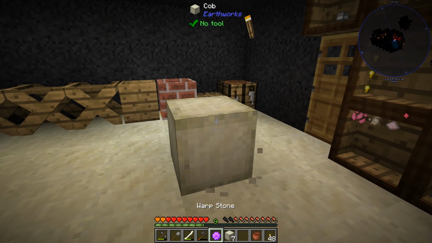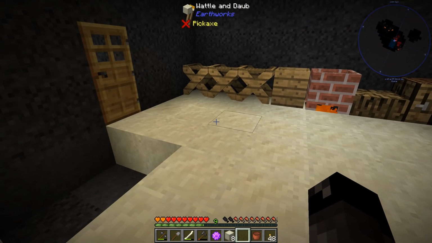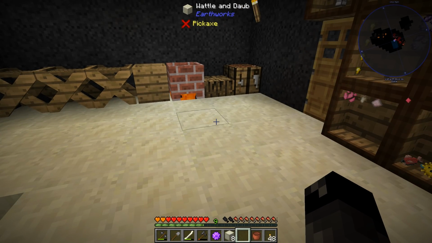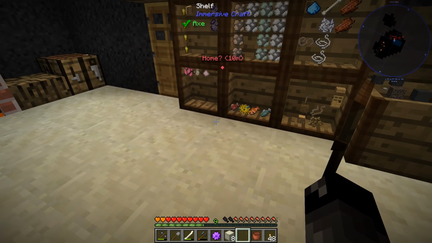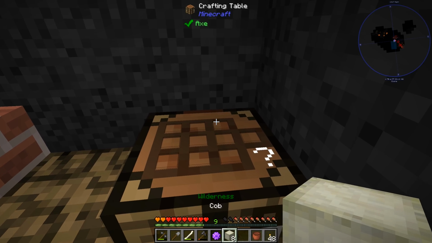An axe doesn't do anything. So like you have to punch it all down. I had like what, 40 blocks of the stuff. No, it was more than that. I had like 50 blocks all over the base here. That was super annoying. The recipe is pretty simple though. It's just